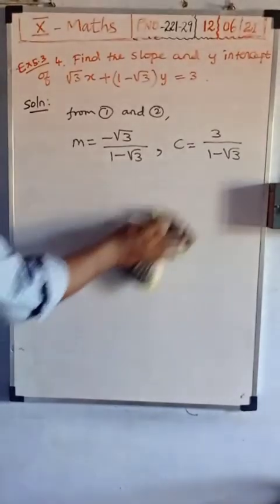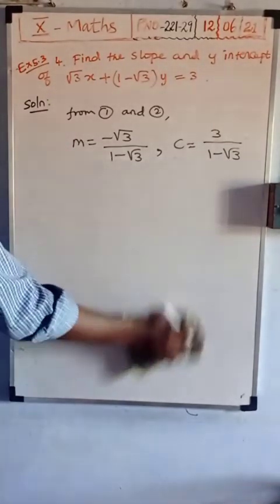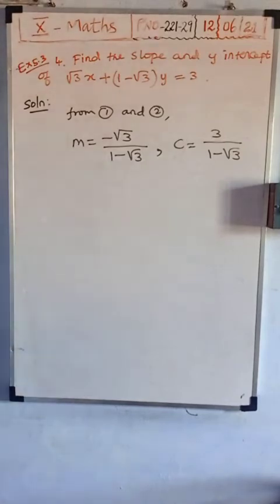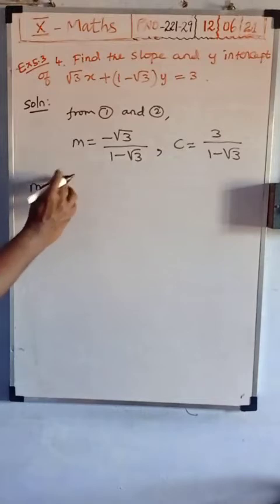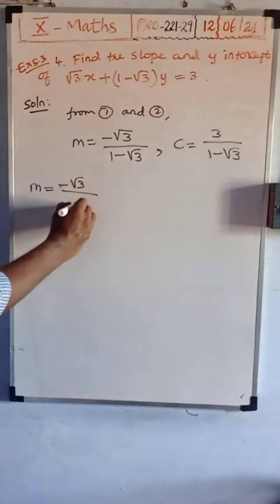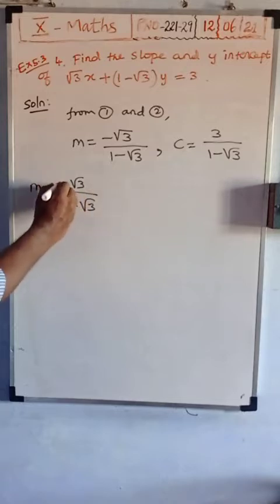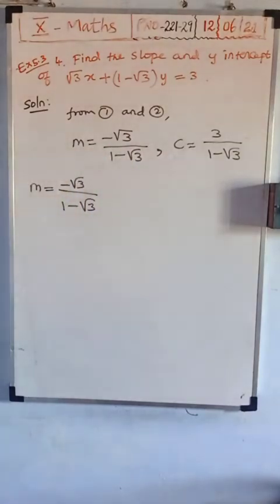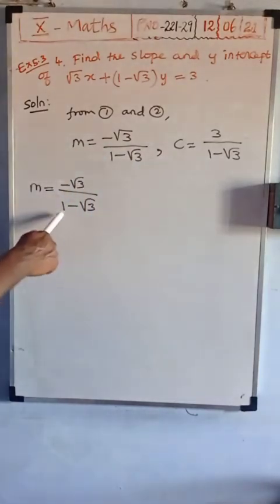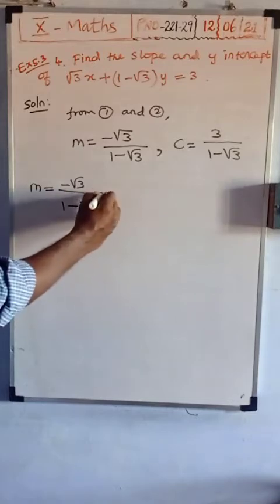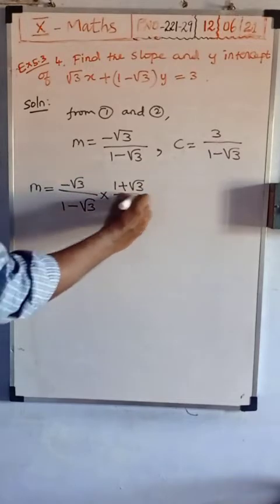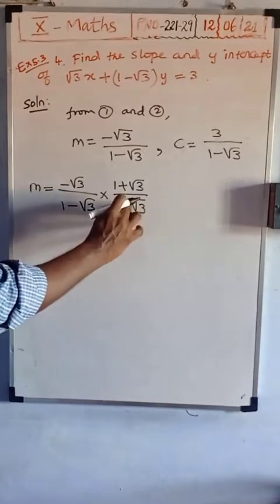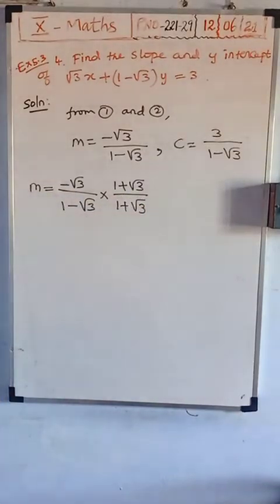Okay, so again you should simplify this. Up to that you should not stop, because the denominator 1 minus root 3 is there, so you want to take the conjugate separately. For m, it is possible to simplify. Here the denominator is 1 minus root 3, and in this denominator you want to take the conjugate. Conjugate means, you know, the minus in between you want to change into plus. So multiply numerator and denominator with the conjugate, 1 plus root 3 divided by 1 plus root 3.